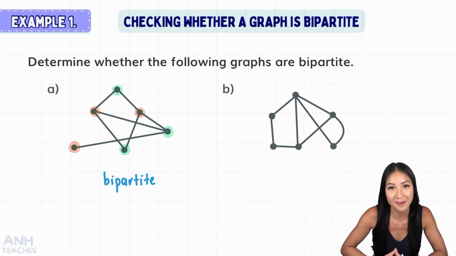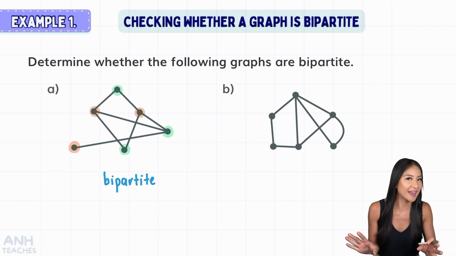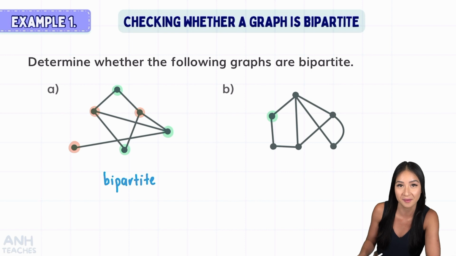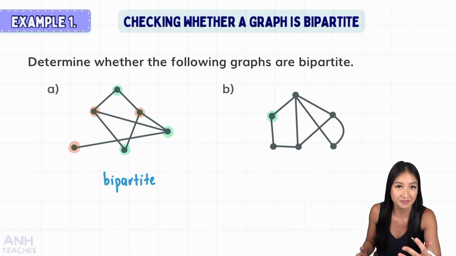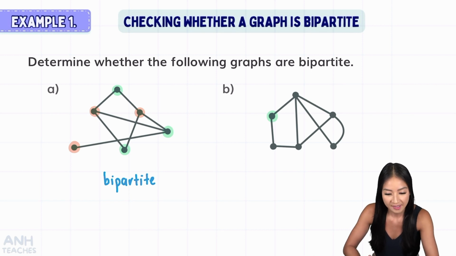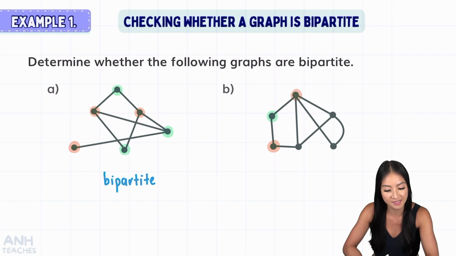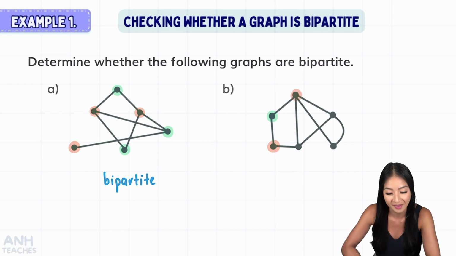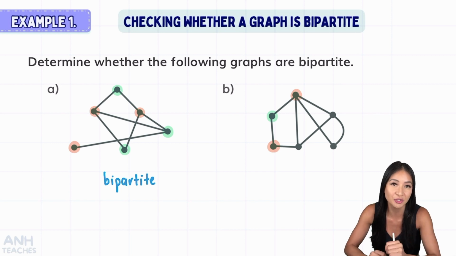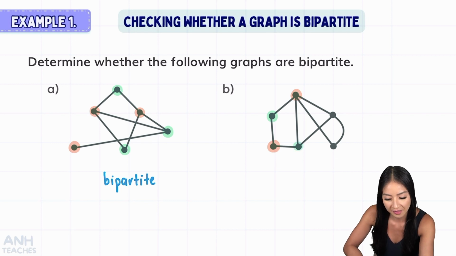And moving on to part B now, where I'm going to do exactly the same thing. So I'm going to choose any starting vertex and I'm going to colour that in my first colour. Next, I'm going to look for any adjacent vertices and colour those in my second colour. So in this case, that'll be this vertex and this vertex, which are adjacent to that first green one. Repeating the step again, any vertices that are adjacent to these two new orange ones now need to be coloured in green. So I've got this one,